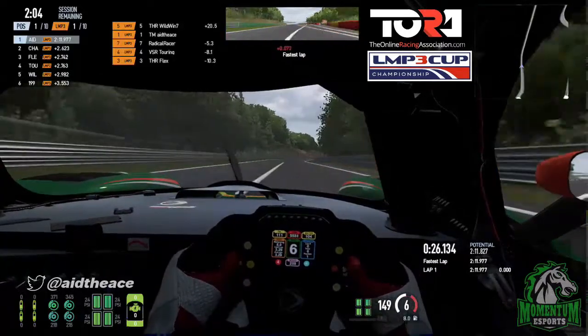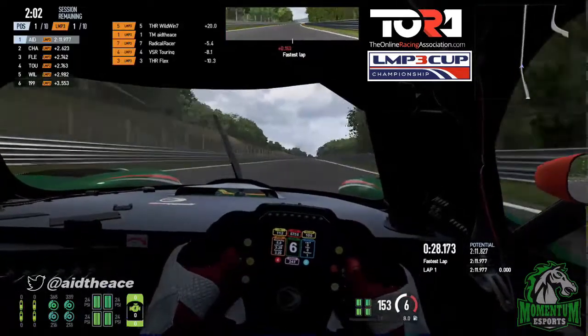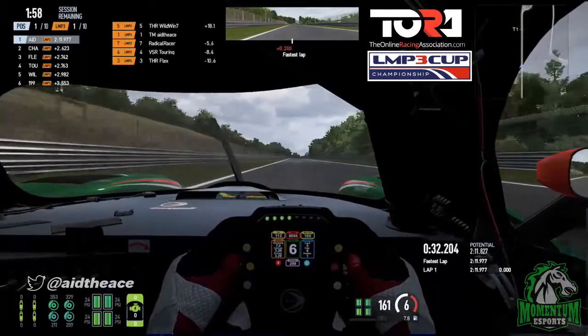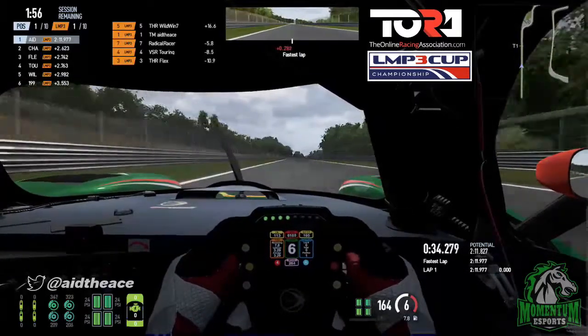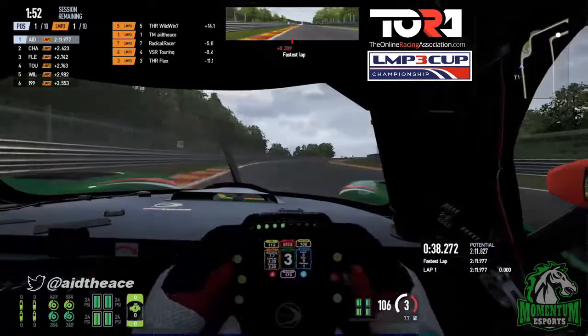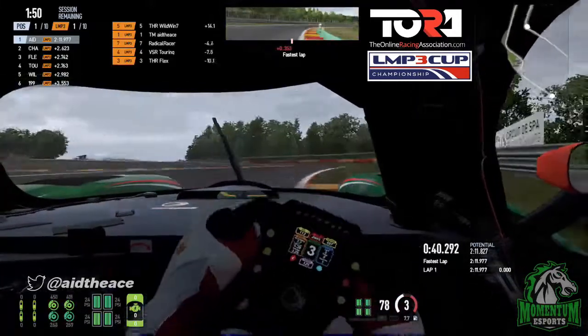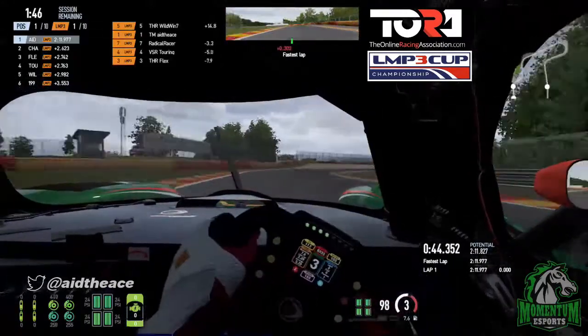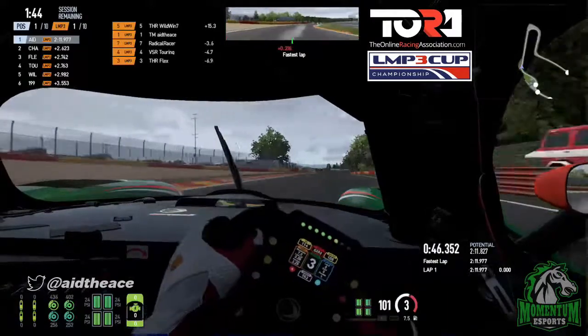So even though I actually ran a little bit off the track, you can see I've lost a tenth already, and I think it's going to be more like 2.5, 3 tenths by the end of the straight because of that line through. I just knackered the line up basically. Went through here, I'm a bit more committed now because I thought, right, I've got nothing to lose now, I've already ruined the lap, so let's just try and push on and get a good run,